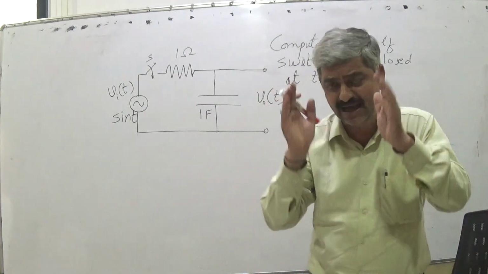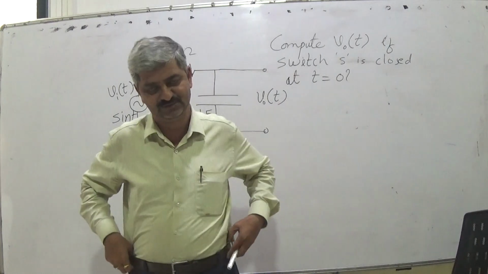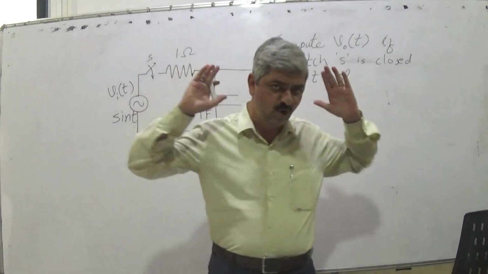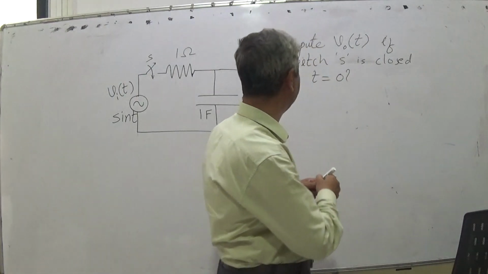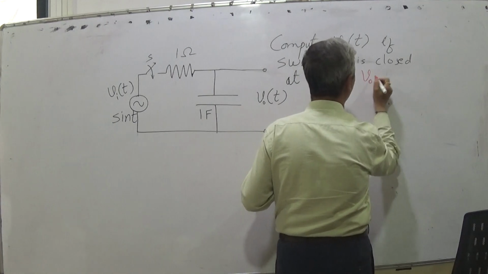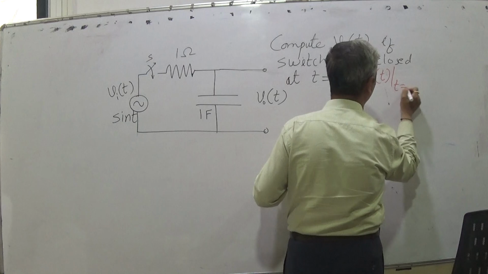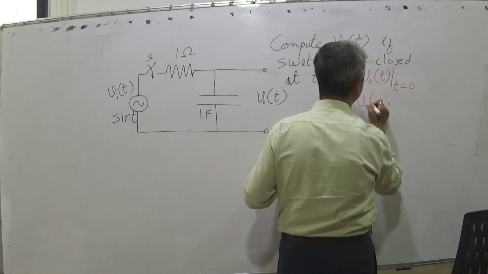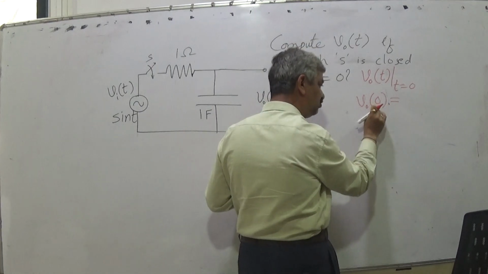So we will focus on RC circuits, though we will not be skipping inductive circuits, because they are somewhat simpler. So it is incomplete. What is to be given? What was V out of t at t equal to 0, or what was V out of 0? This value needs to be specified.